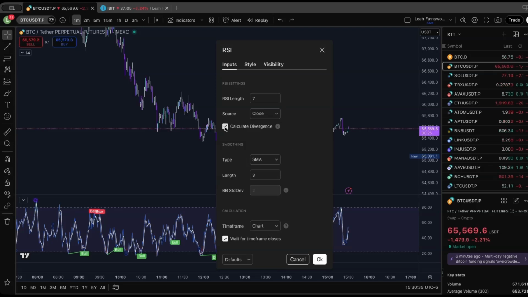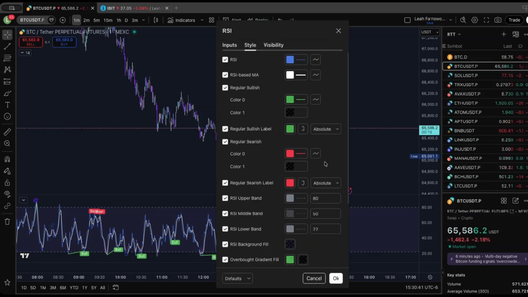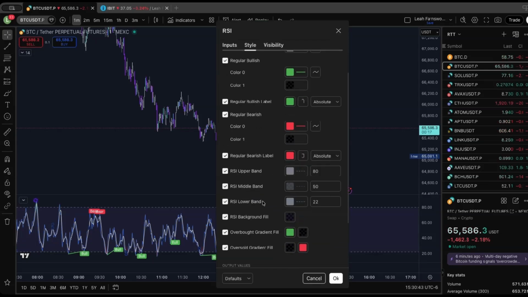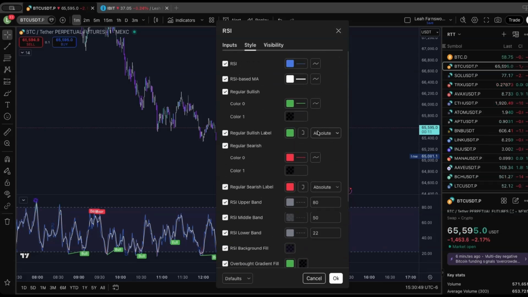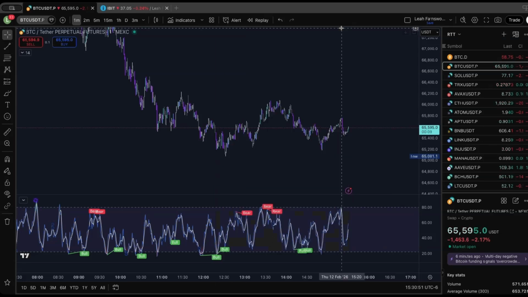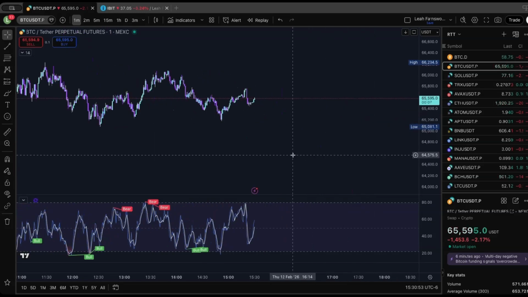But calculate divergence. We want RSI length at 7. We want close. We want SMA. We want 3. All right. Style, you're going to go to upper band, middle band, lower band: 80, 50, 22. All right. Okay, so all this is important. Feel free to change your lines to whatever color you want. But those are the settings I have for the